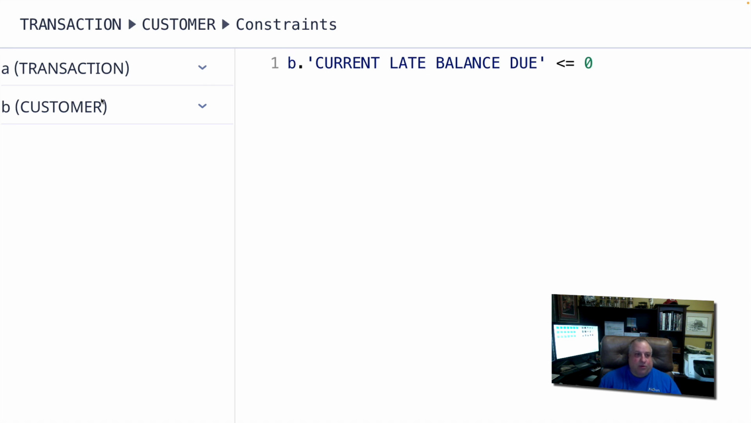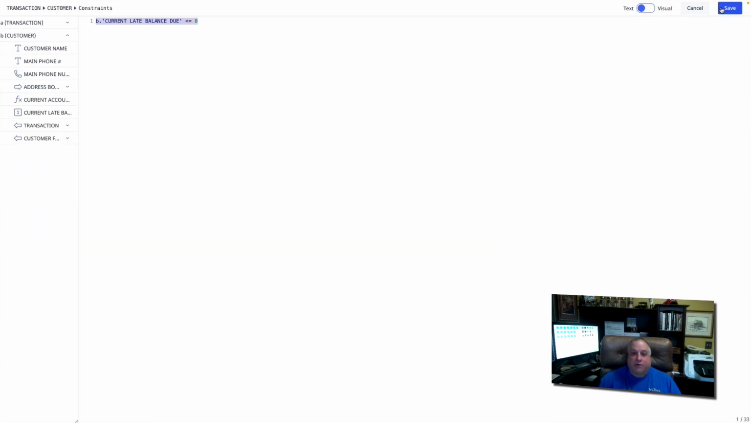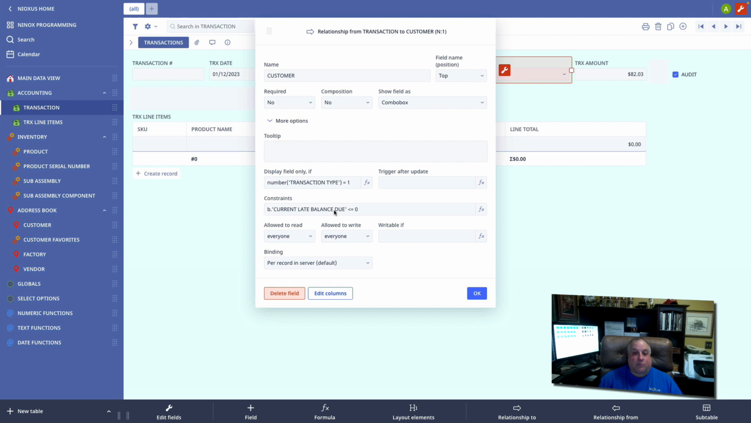In the B table, which is the customer table, which is the link that we're pointing to from our transaction entry screen, we see a field called current late balance. And if the current late balance is less than or equal to 0, this whole statement is true. And if the statement is true, then the record will pass the test, meet the requirements of this constraint to